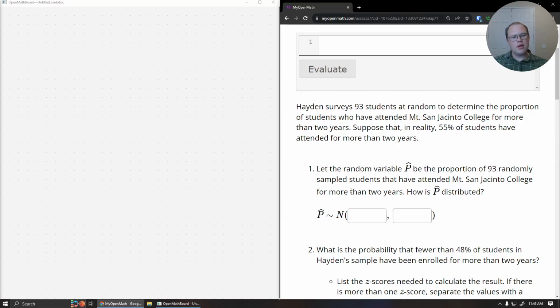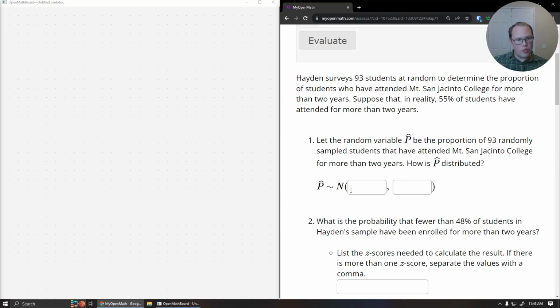Okay? So for part 1, we're going to let the random variable p hat be the proportion of 93 randomly sampled students who have attended Mount San Jacinto College for more than 2 years. We want to know how p hat is distributed. So here, this is the sampling distribution from the central limit theorem. Okay? So from the central limit theorem, we know